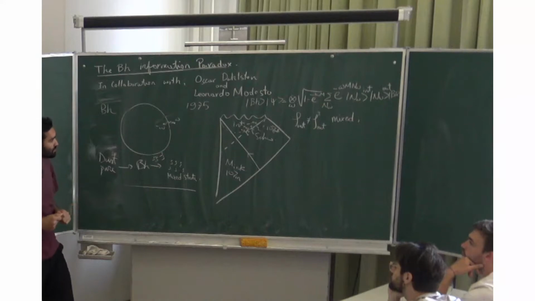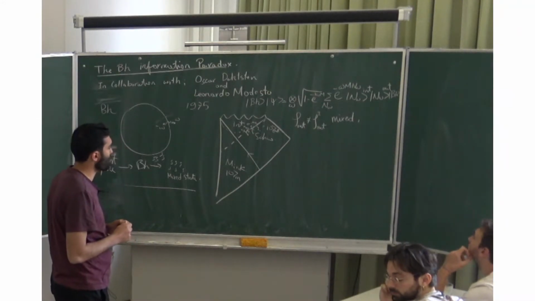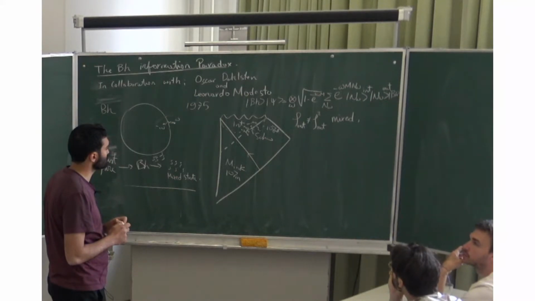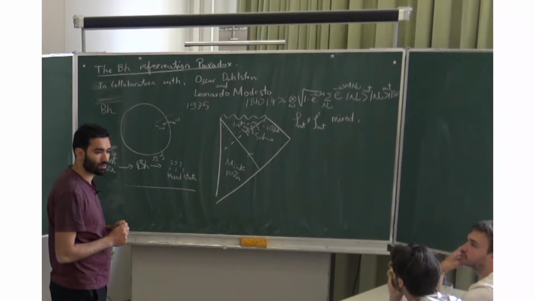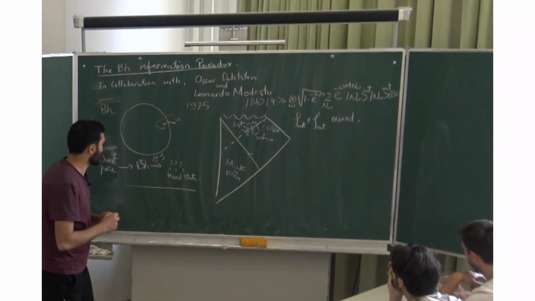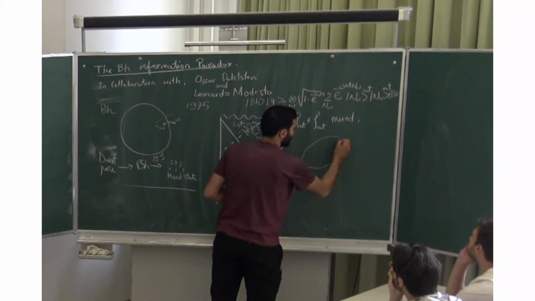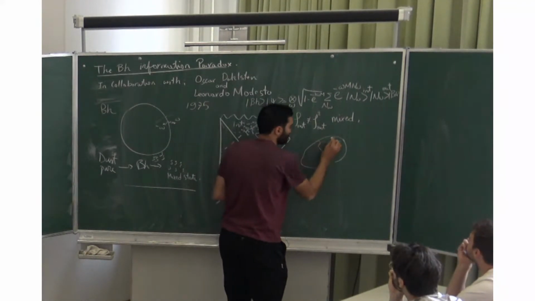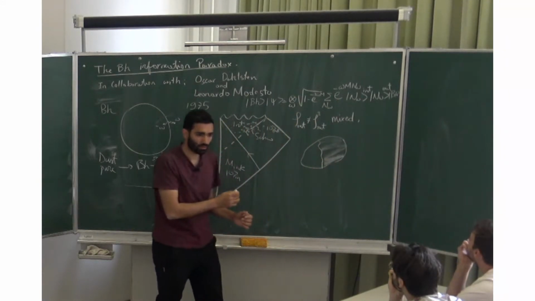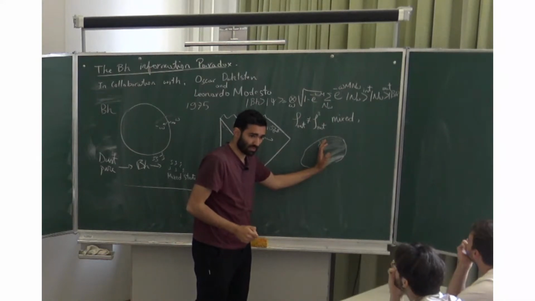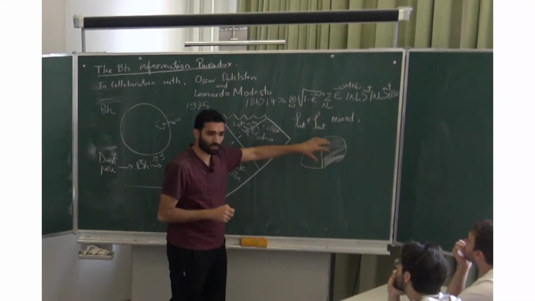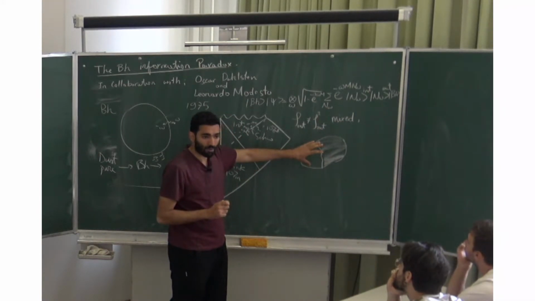Just one question. If you have the black hole, the state may be fine still when you have the interior modes, but practically you have no access to them. So don't you already have the problem? No. That's a very good question, and the answer is no, because I have a system, and I split it into two. I have access to a part of it. I don't have access to the other part. And the state of the system to which I have access is mixed, but the state of the whole system is pure.